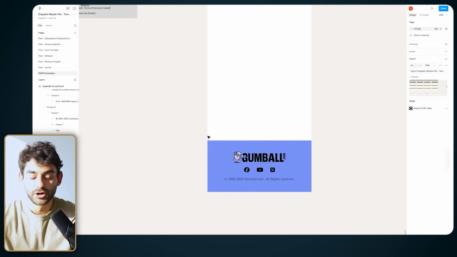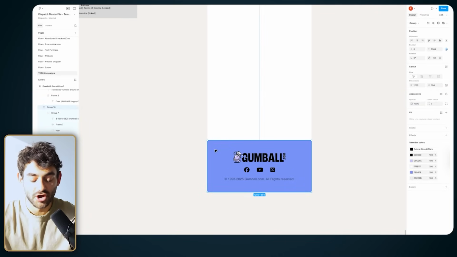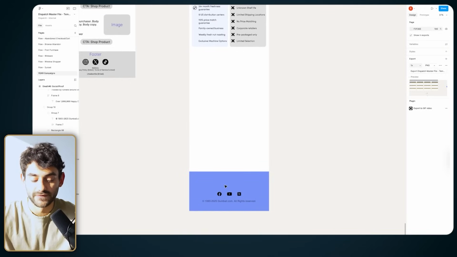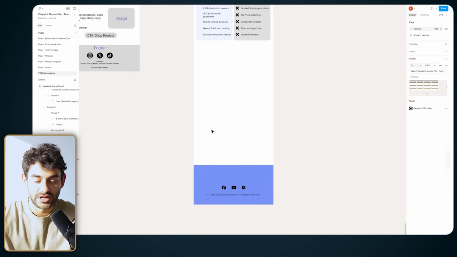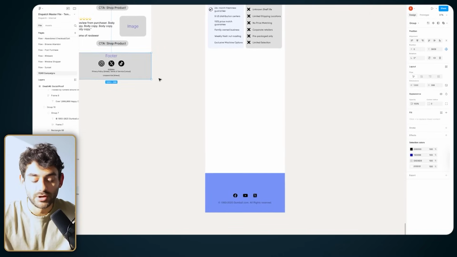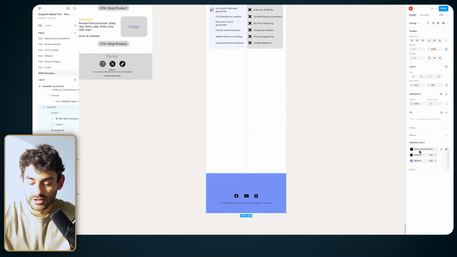So the great thing about your footer is you really just need to update it once, and then you can just copy paste it. Don't have to think about it again, because your footer is basically going to be the same everywhere. So ideally you want your footer's background color to be different than the rest of your email. So here for Gumball, it was blue. You can see in the template, it's gray. What we can do is for Nike, for example, we can make this black,